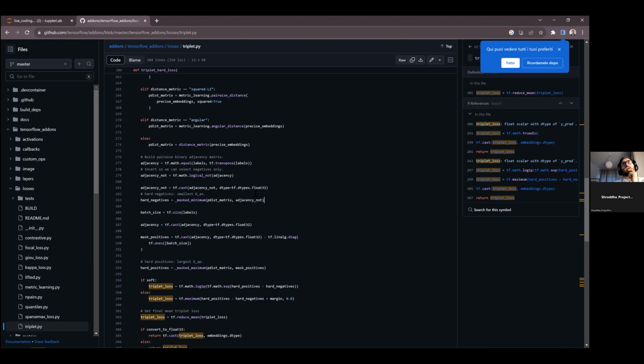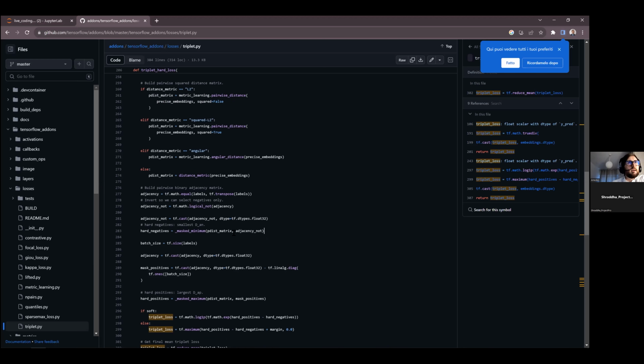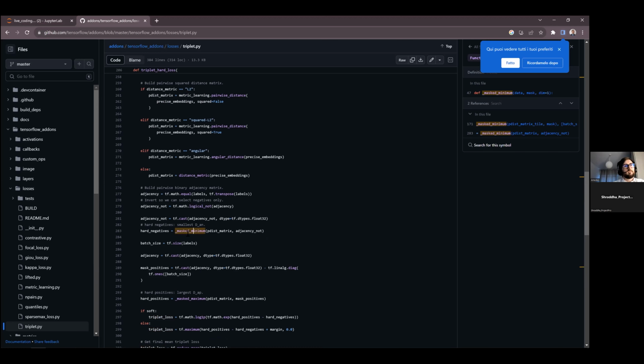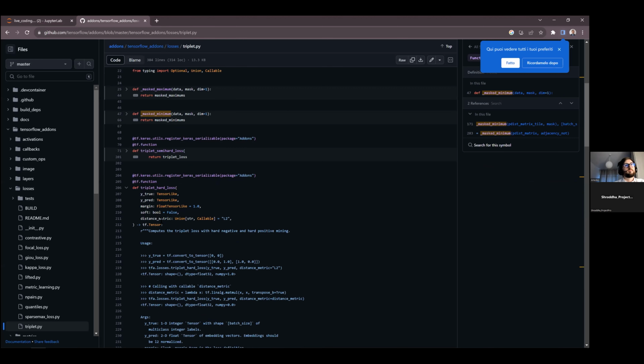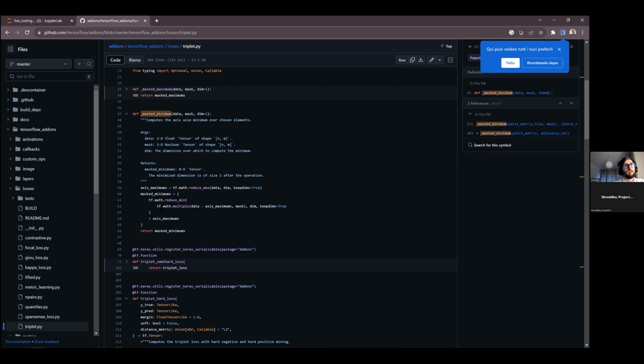How is it doing? Sorry, I'm losing a bit of the reasoning. Let's see what it's doing here for the masked minimum.